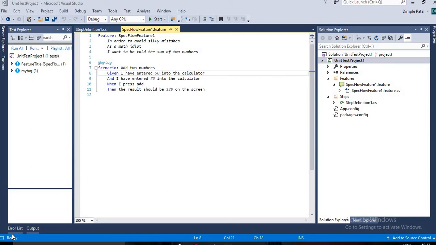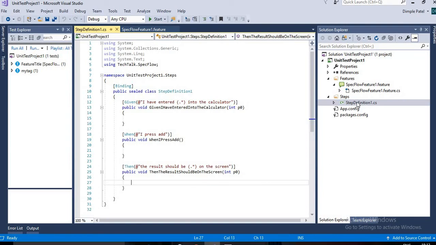So I'm continuing the same example which we have done yesterday, in the last session, that is part 1. There we saw a simple scenario which was automatically created by the SpecFlow feature file, and we created the step files, copied them to the clipboard, and pasted them in the step definition file.